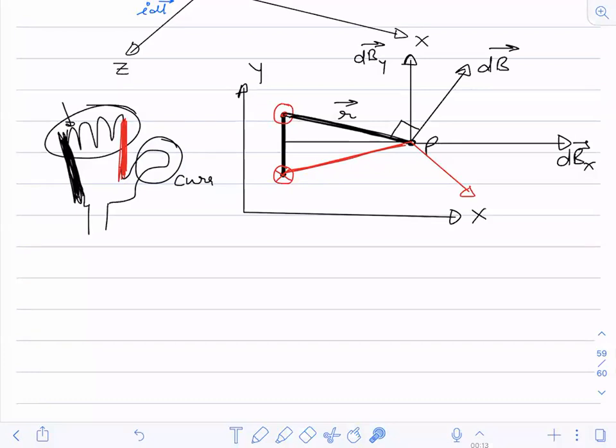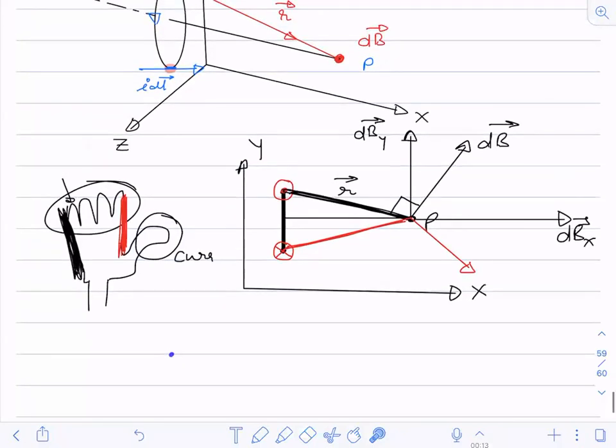Now place the pen perpendicular to your palm. Are you getting that direction? Yes. Are you all getting that direction? Okay. Now, if I get that direction, what will I do now? Perpendicular.